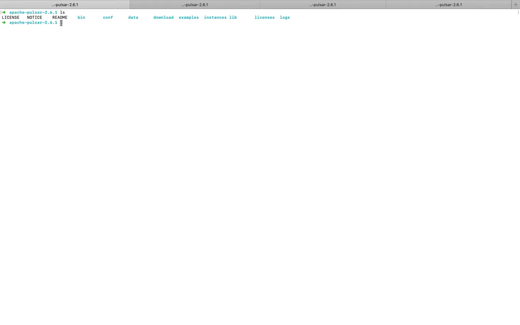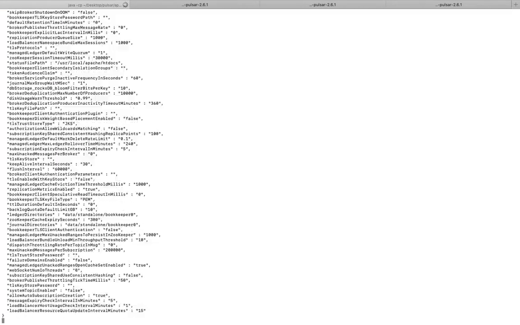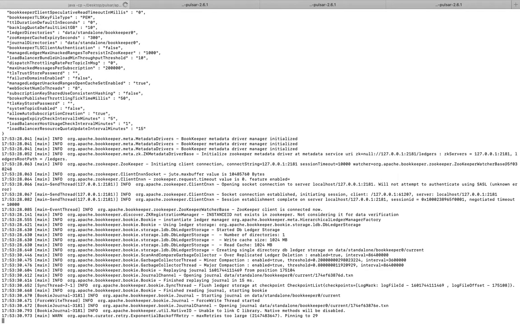We have a command: you have to go inside the bin and then run pulsar standalone. This will start a standalone cluster, and by default it will start a sample tenant and a namespace. The tenant name would be default and the namespace would be public.